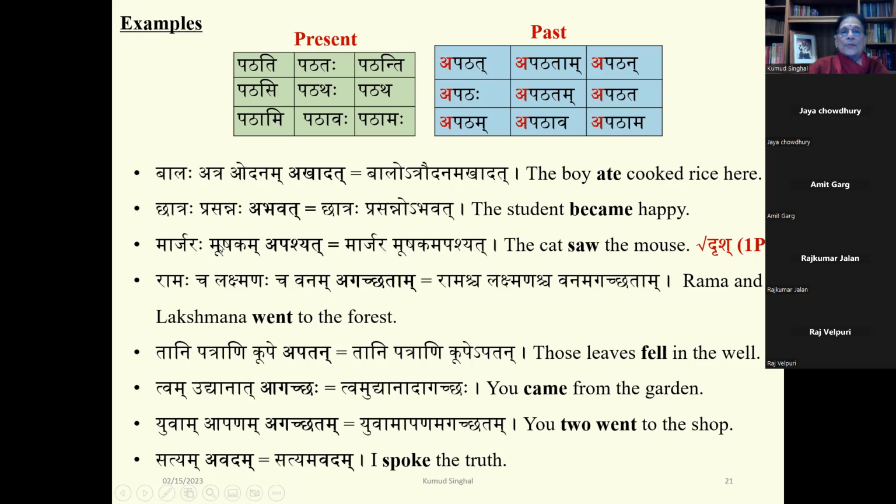The visarga won't drop because ma is a soft consonant. So this is a typo error. Marjaro, and this mushakama pashyat. Here. Okay. Now we'll look at this form,